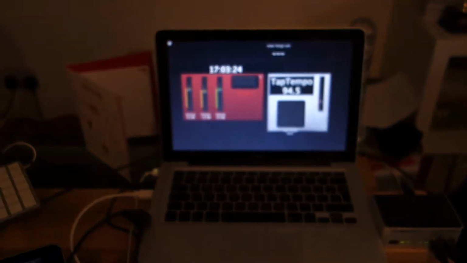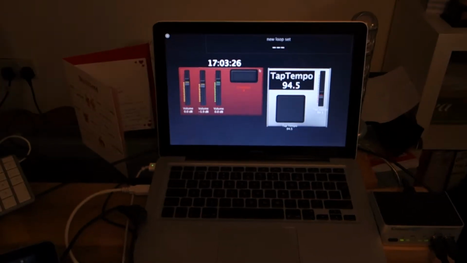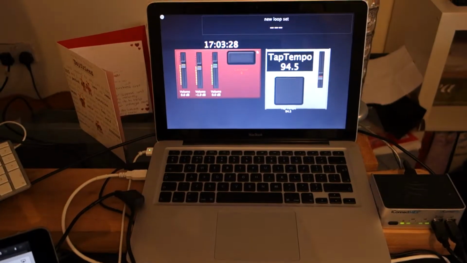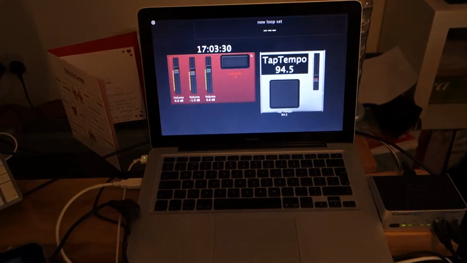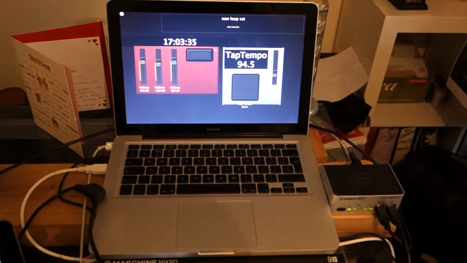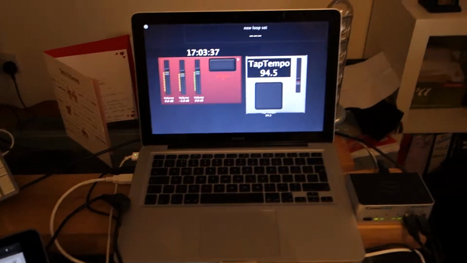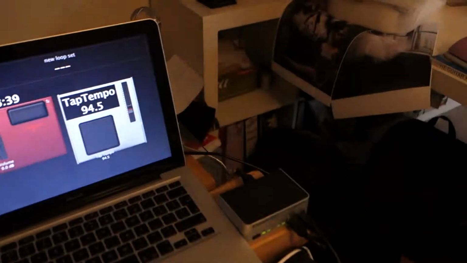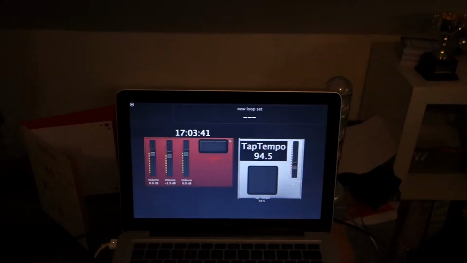So why have I done this then? Well, I'm primarily a guitarist, but I do want to work with synth loops, sequencers, arpeggiators and that sort of thing to give extra movement to a more ambient sort of acoustic style, I guess you'd say. So let's go into how we've